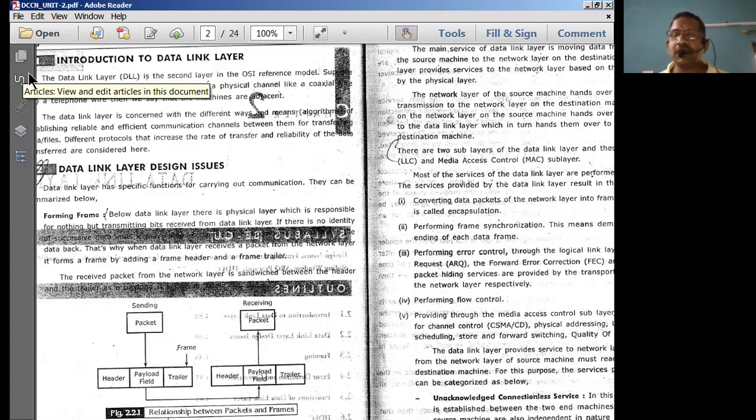Therefore, what is also important is that there should be proper interfacing software between all these various layers, like all these four layers. That means there should be proper interface software between the transport layer and network layer, between the network and data link layer, and between the data link layer and physical layer. This has to be there compulsorily to have communication from one type of layer data to another type of layer data.